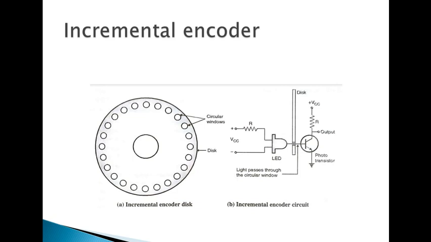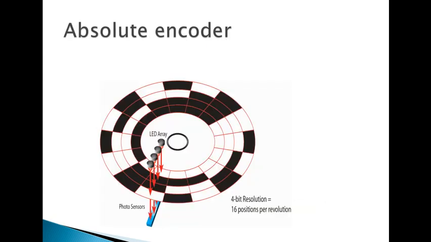The number of pulses for a specific time period can give you the speed directly. So you can set any specific period. We can call it 1 second, or you can call that period 2 seconds or 5 seconds. For the specific time period, just count the number of pulses passed by this disc, and that gives you the speed of the shaft. And this is called an incremental encoder. Let us see the absolute encoder.